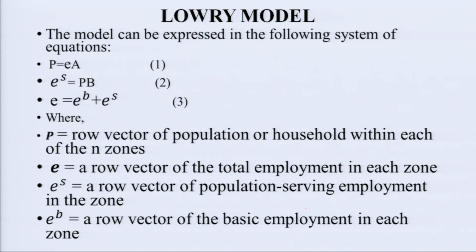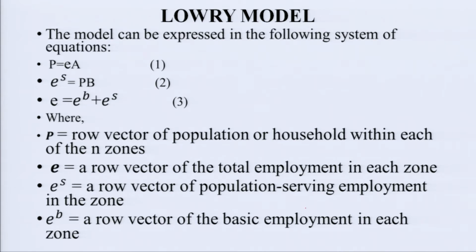Now come to the Lowry model equations. What is the Lowry model? We have discussed many things. The model can be expressed in terms of the following system of equations, that is, P is equal to E into A. This is the first equation, and the second equation is E to the power s is equal to P into B. This is the second equation, and the third equation is E is equal to E to the power b plus E to the power s. This is the third equation, where